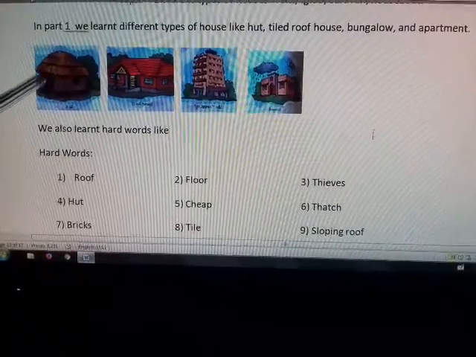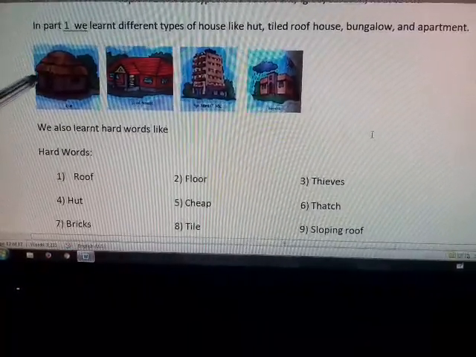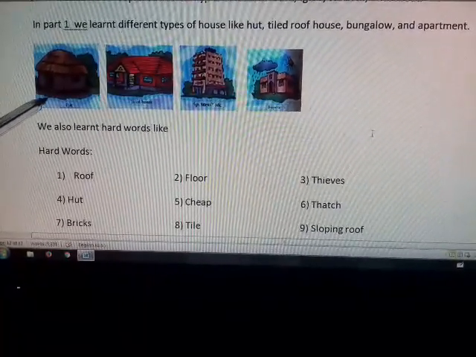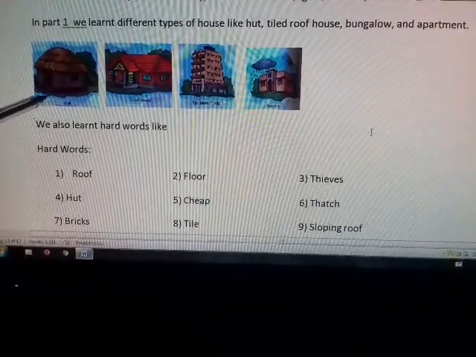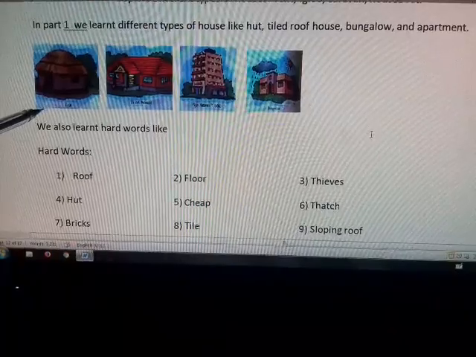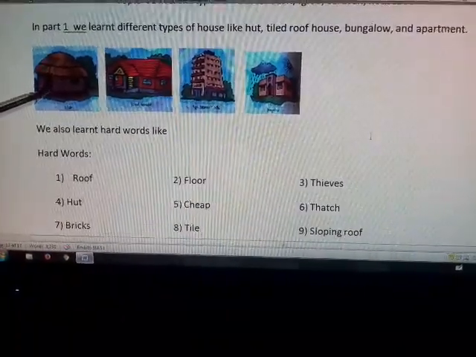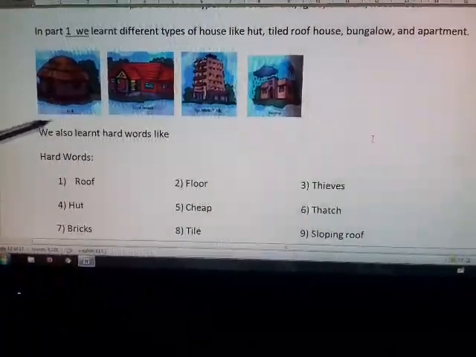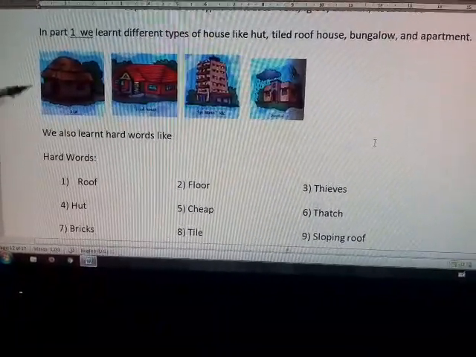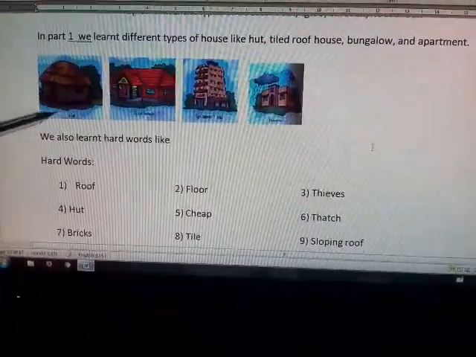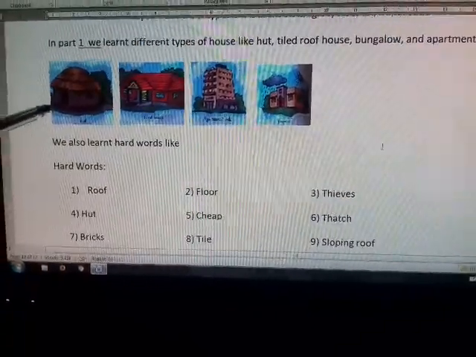The roof of a hut is made of thatch. A thatch is made of leaves, stems, grass and sticks. The walls are made of bricks and mud. These houses are not very strong. So such houses are called kacha house. The hut is called kacha house.